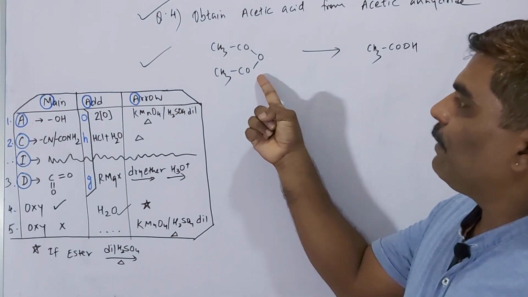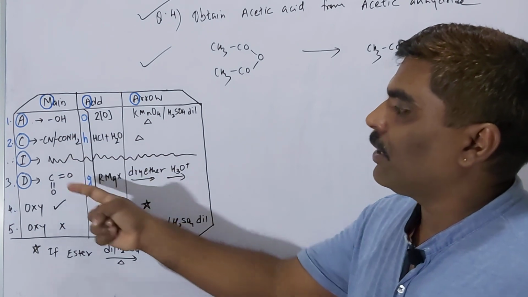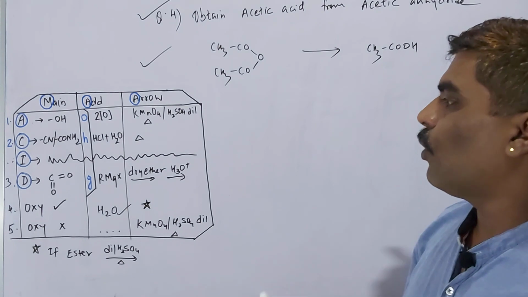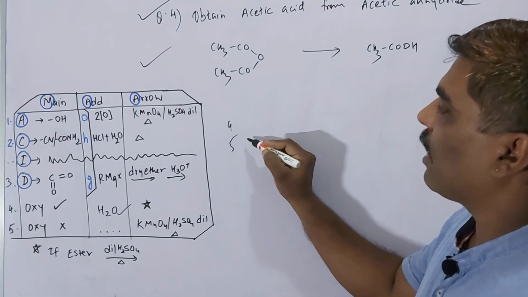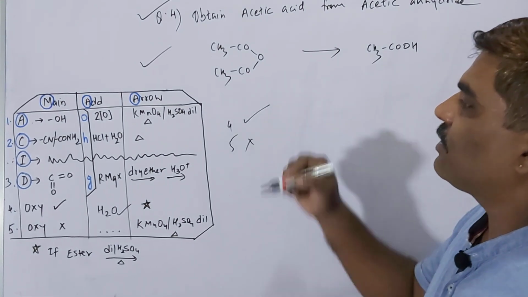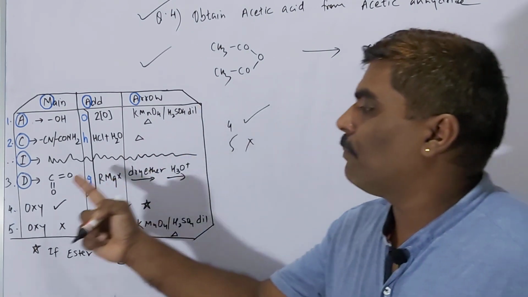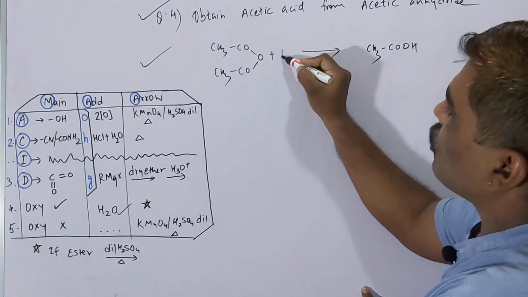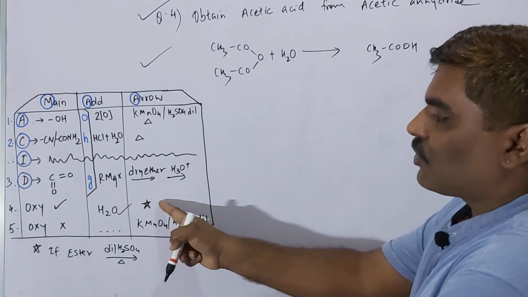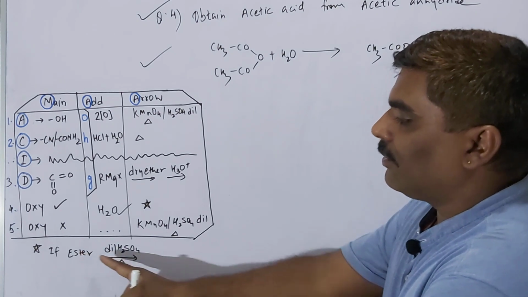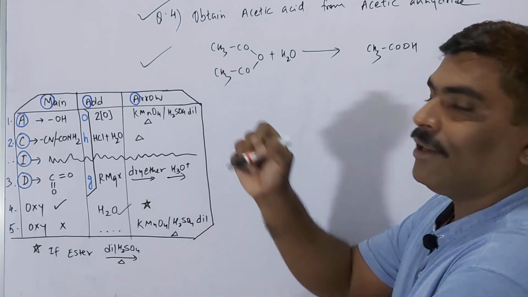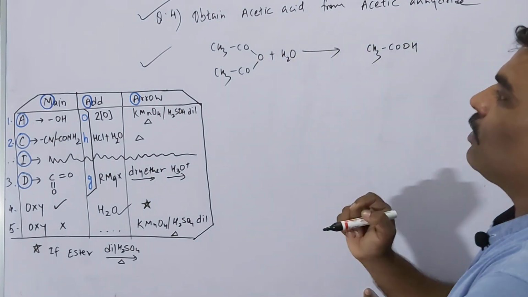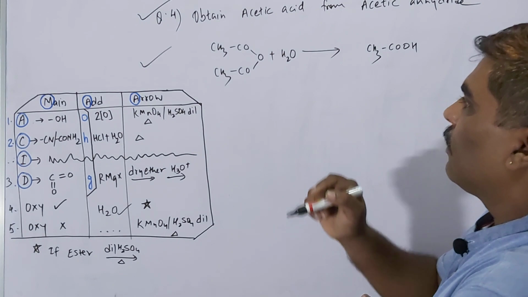This does not belong to number 1, 2, 3. First 3 cancelled. Now you have to go for number 4 and 5. Is oxygen there or not there? It is there. Means this belongs to number 4. So number 4 is plus H2O. Star mark means only if ester, then write it. This is not ester, so don't write on the arrow. Now just try to find out what is extra on the left hand side. So water is